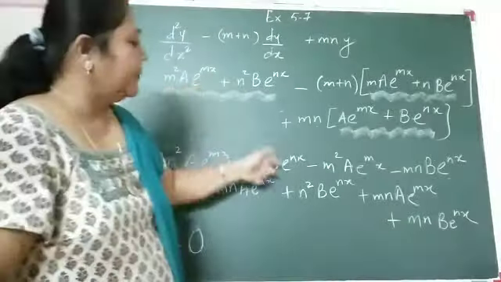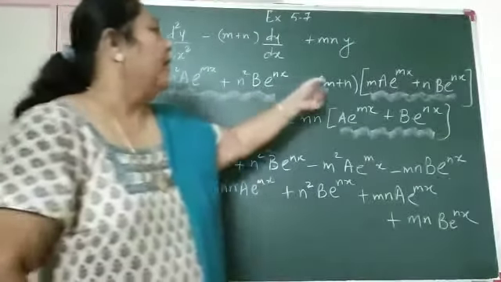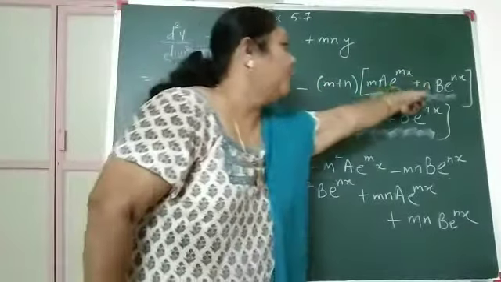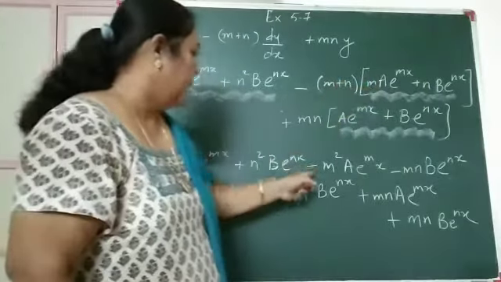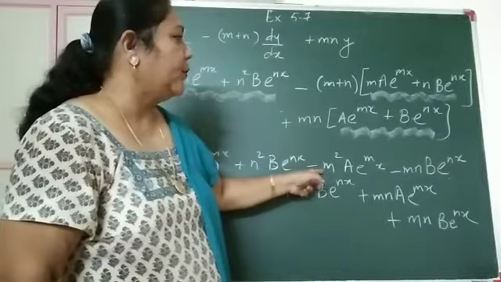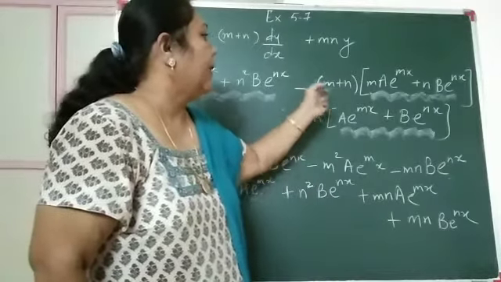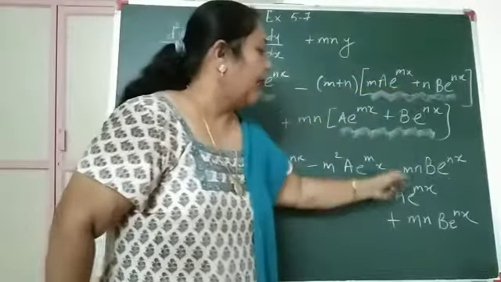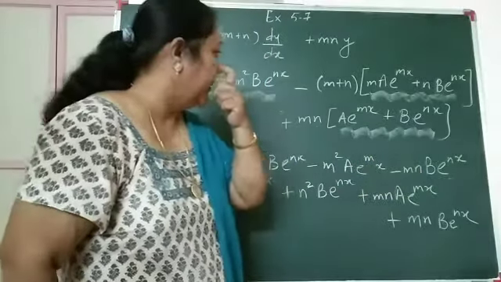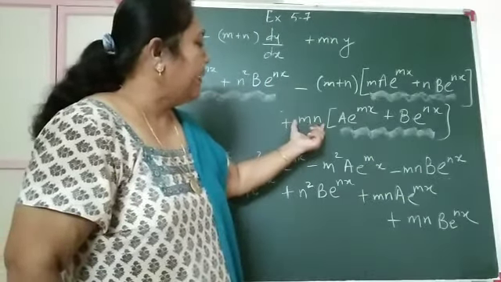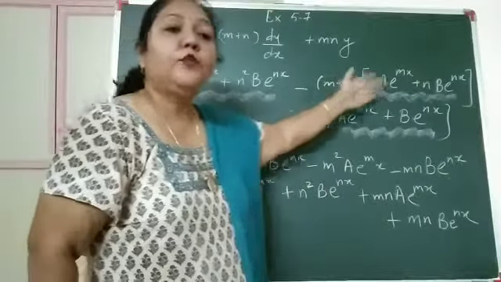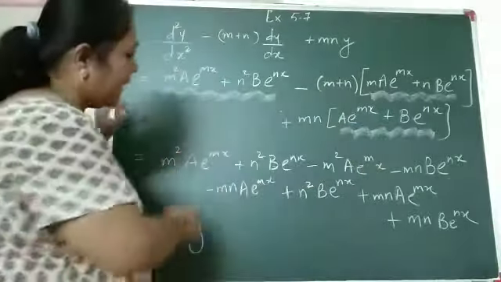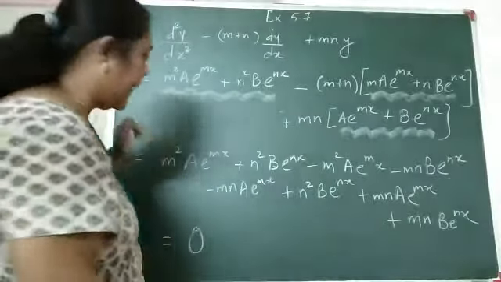So the first two terms, they are as it is. Now m I will multiply to both the brackets. So I have minus m into m, so I have minus m squared into a term. Then I have minus m multiplied to n, so I have minus mn term over here. Same way, this mn term I will multiply to both the terms over here. I'll try to open up all my terms. When I open up all my terms and I write, they come like this.